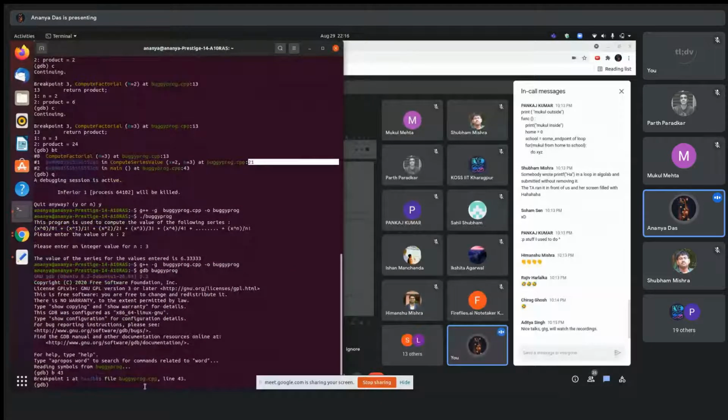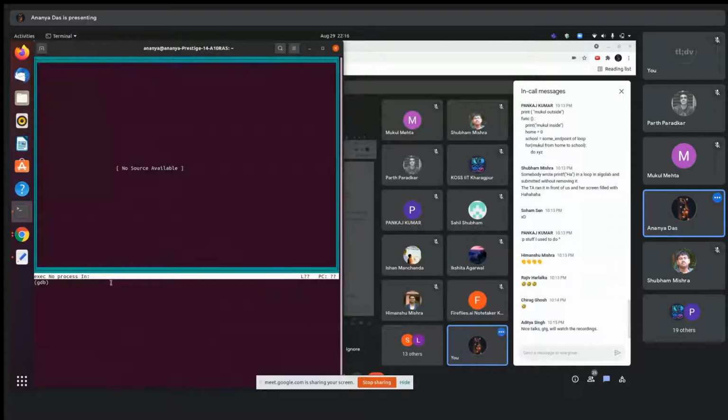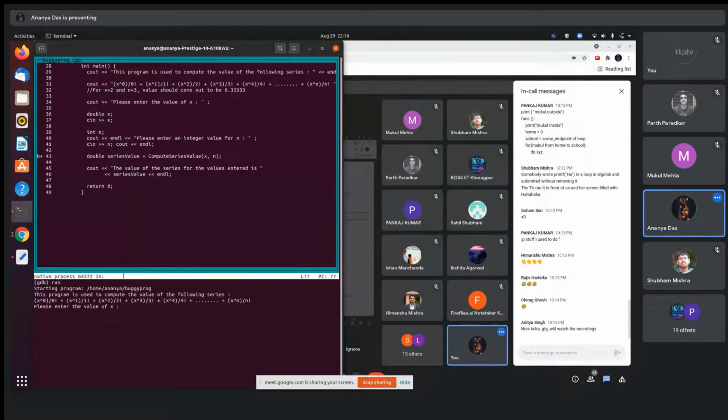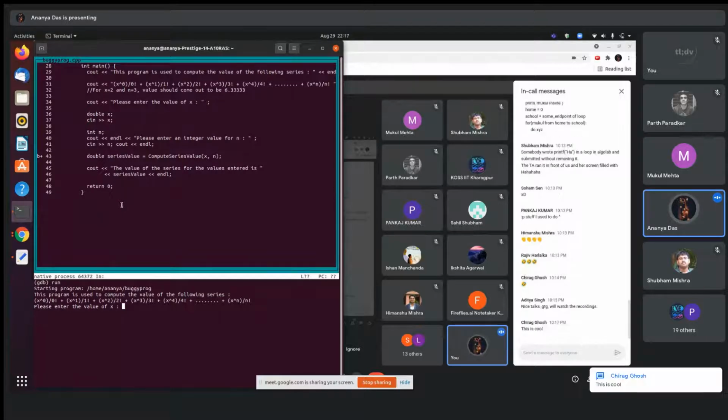So this command, like Control X, this is what we're talking about, right? So in the terminal only it comes. Yeah, exactly this. It shows where the breakpoint is, with line numbers and stuff. Like in GDB too, it's possible. I got to know about it recently too. I didn't know it before, even I got to know it right now.